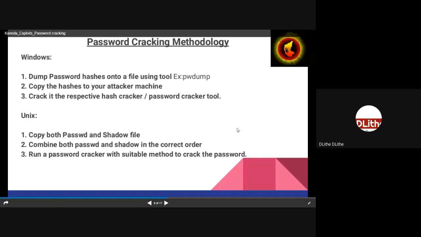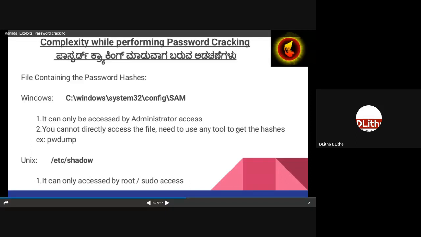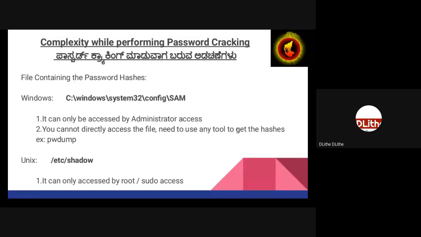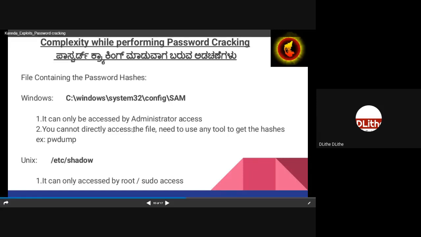Okay, so let us see what are the hurdles that you face while cracking the password hash. Irrespective of both Windows and Linux, the password hash files can only be accessed by your administrator. In Windows, the file is located under C:/Windows/system32/config/SAM.